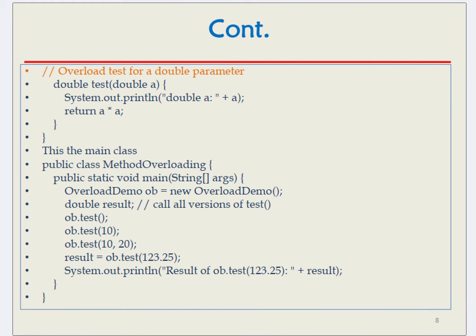7. Continued. // Overload test for a double parameter. double test(double a) { System.out.println("double a: " + a); return a * a; } } This is the main class. public class MethodOverloading { public static void main(String args[]) { OverloadDemo ob = new OverloadDemo(); double result; // call all versions of test. ob.test(); ob.test(10); ob.test(10, 20); result = ob.test(123.25); System.out.println("Result of ob.test(123.25): " + result);